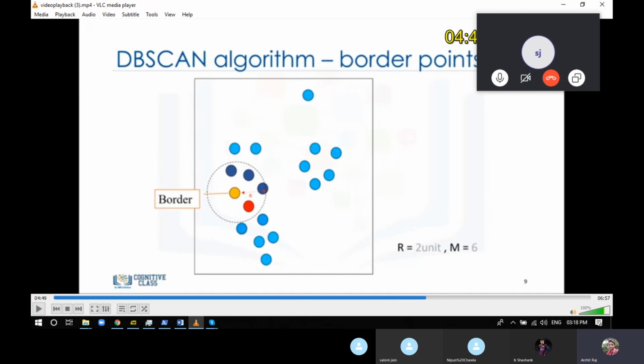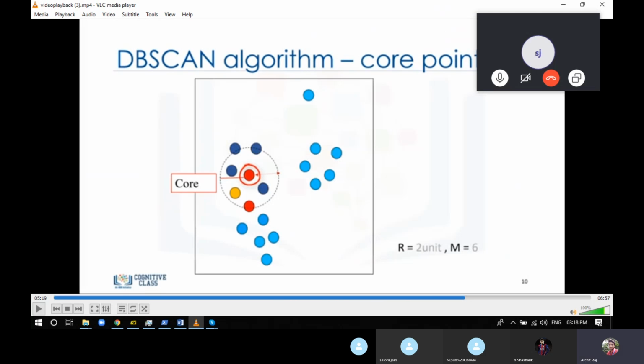Okay. So we're going to do the same thing for all the points. Now consider this particular point. Make a circle. We'll start counting how many neighbors this particular point has. 1, 2, 3, 4, 5, 6. What we wanted is 5.